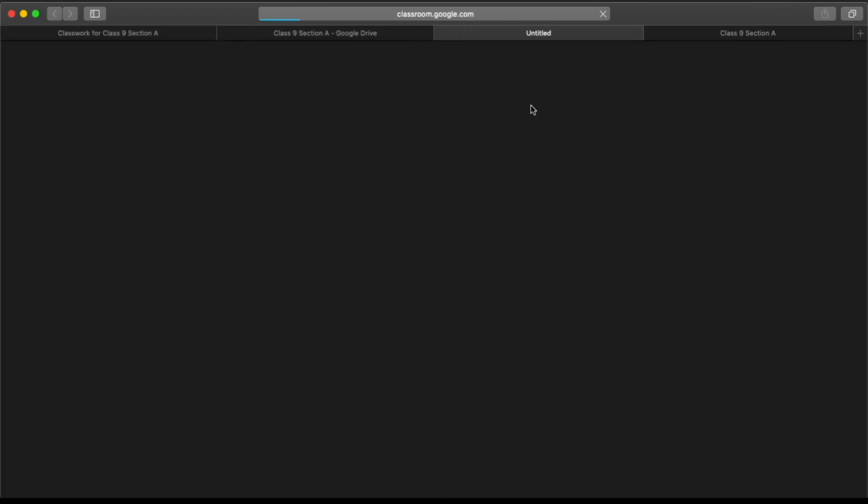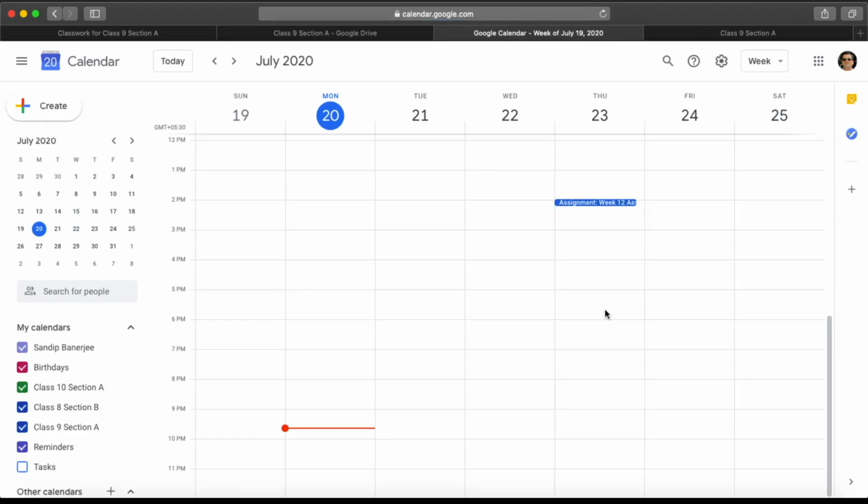If you click on that, it will open the calendar of this particular classroom. It will show all pending actions. You can see that under 23rd, one assignment is due by 2 p.m. That is visible here. So this is one option of tracking all of your classes together. You can select your individual class here or you can see for all your classes. It will give you a comprehensive view of what's going on and what's due in the near future. All these things you can manage from your Google Calendar.